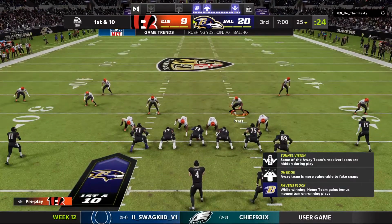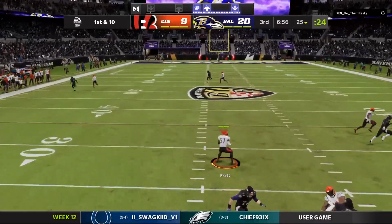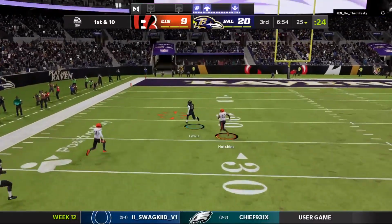Hey, Charles, they've got the lead. Put your coaching hat on here now. What's the game plan for the second half? I think getting the running game going a little bit more because I thought...